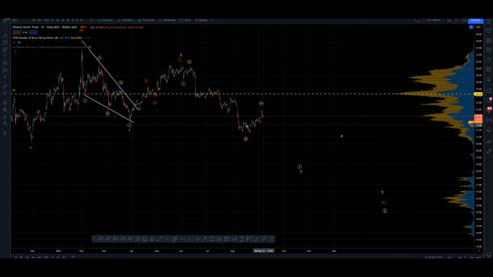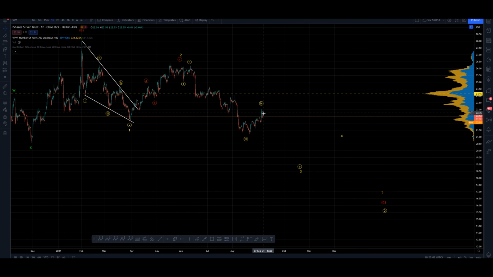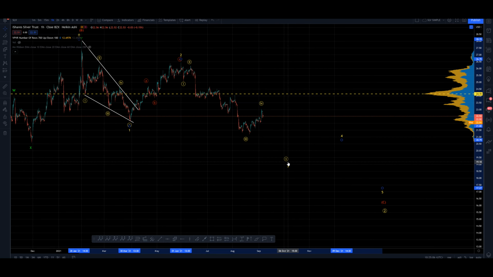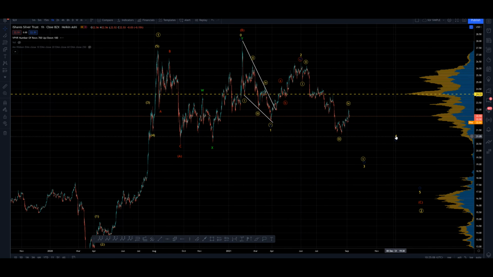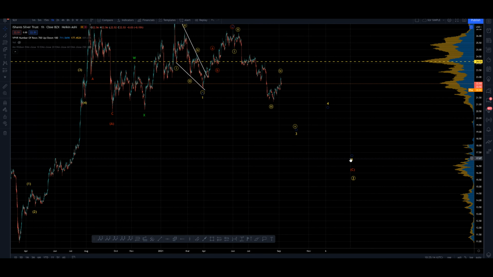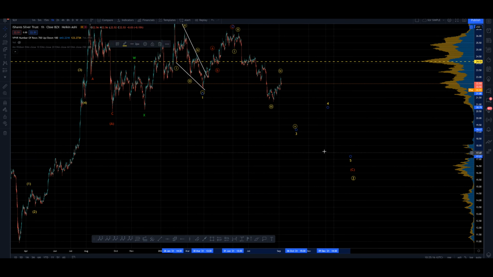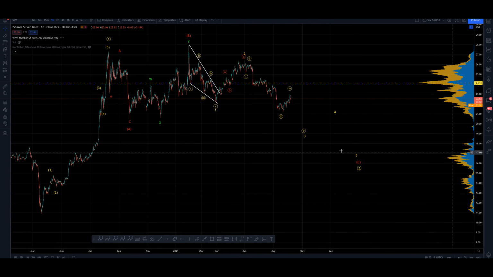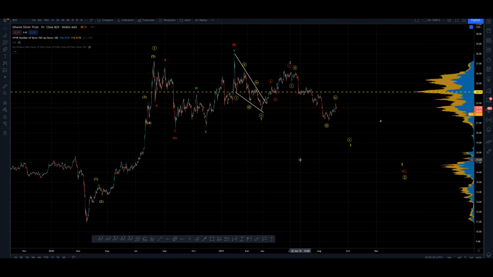So if I'm correct on the bearish count, this little channel we're observing will break to the downside, and we'll have another flush down to find the 5 of the 3. We will then be looking for the retracement into the 4, not overlapping the 1 back here, and then thrust our way down into the 5. Don't know where it's going to finish, but the reason I've selected where I've selected, a couple of reasons.